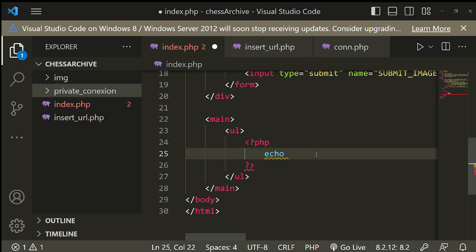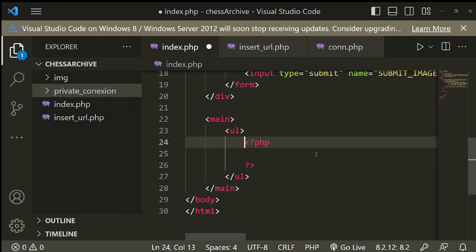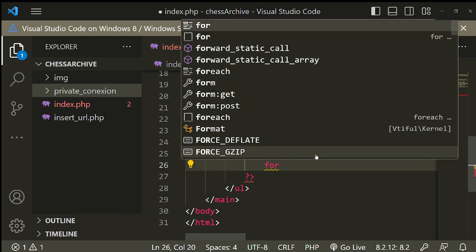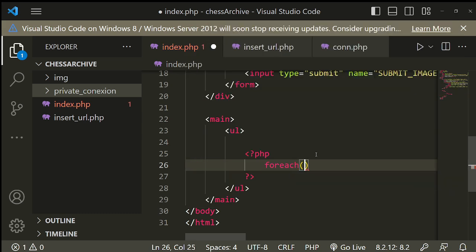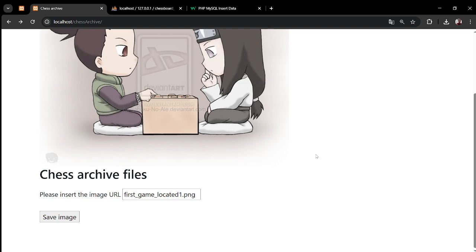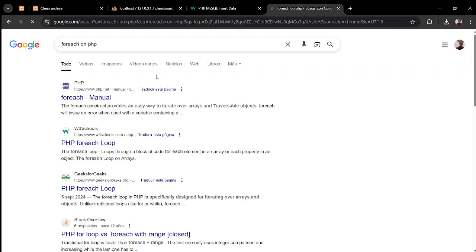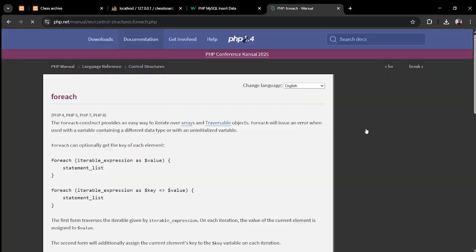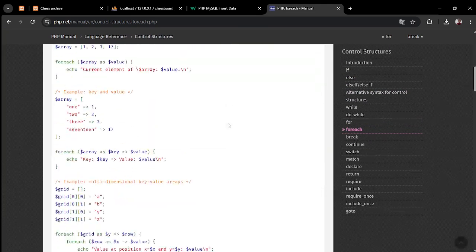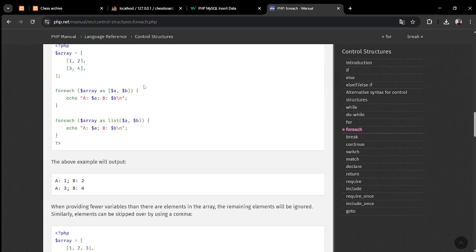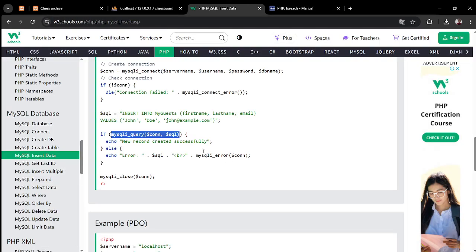For example, no, let's just put, yes, you can do it like that. For each, the thing is that I don't remember what it was for each on PHP. Okay, there you go. It's super simple. For each,